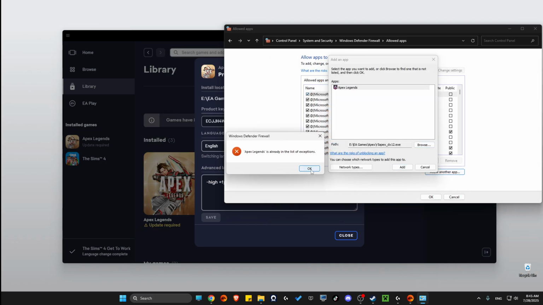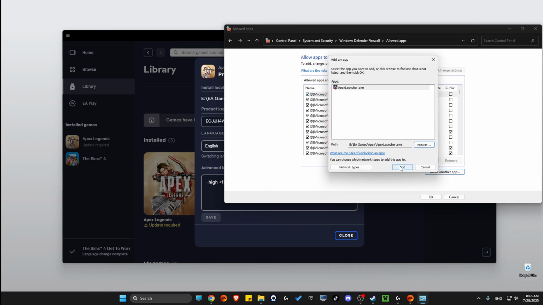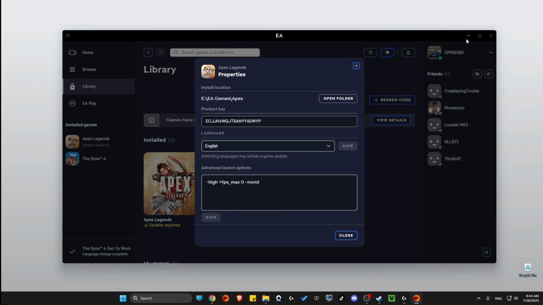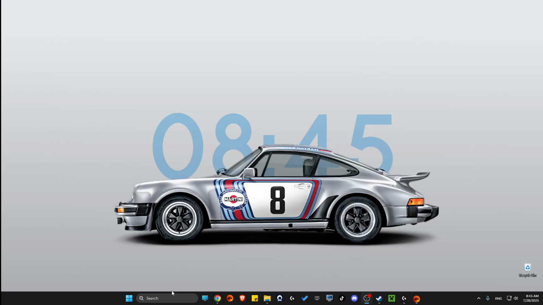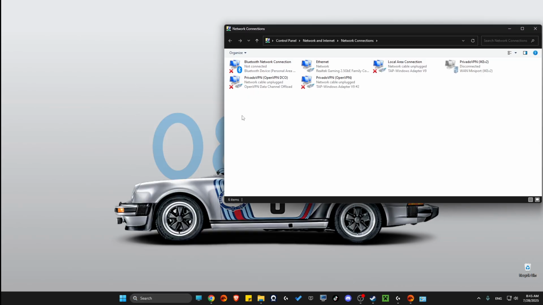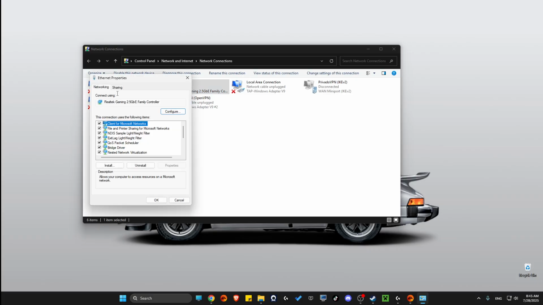If you're getting this message, you're good to go. The file is already added, right? And then look if the problem persists. If the problem persists, then what I suggest you to do next is to write and search view network connections, and then here find your internet connection here, right click on it, go to properties, then select internet protocol version